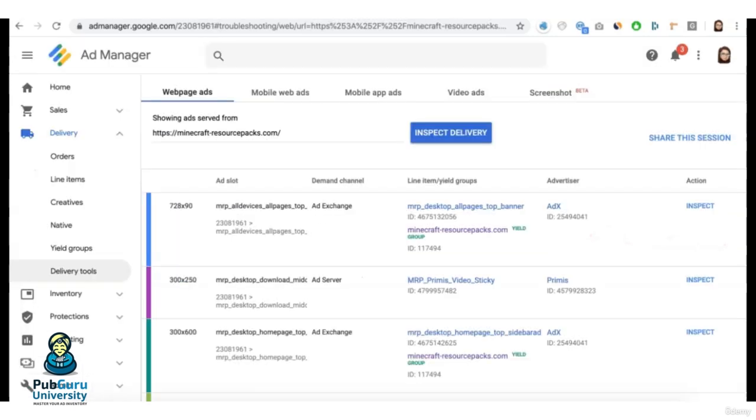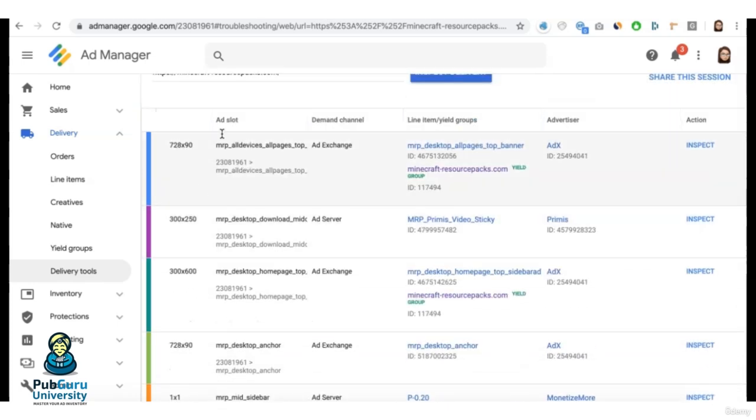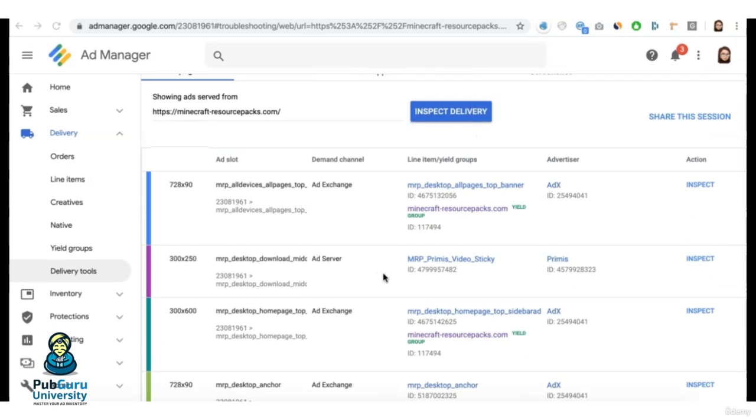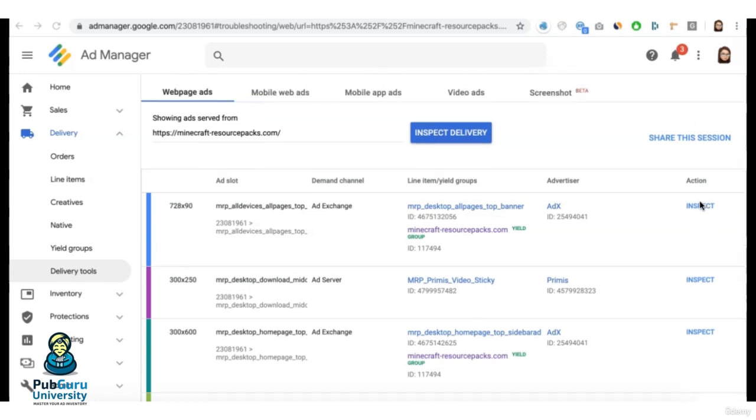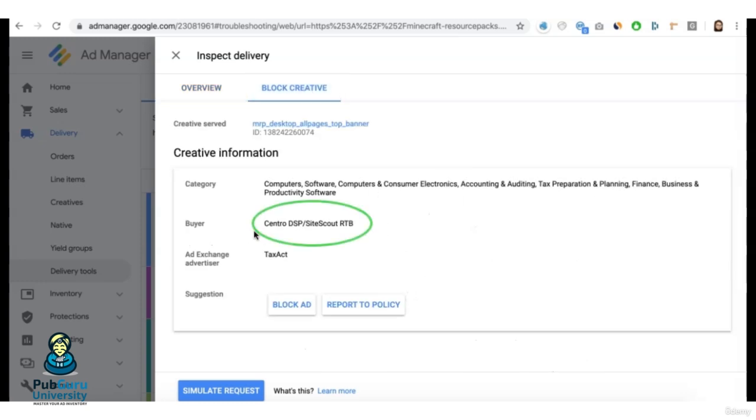When you go back to your Ad Manager account, you will see the results in here. You see the sizes, ad slot, demand channel. So you see exactly which line item is serving for that ad unit and where it's coming from, and you have the direct link to inspect. In the overview, you can see all other details and the exact buyer or creative that was served on that